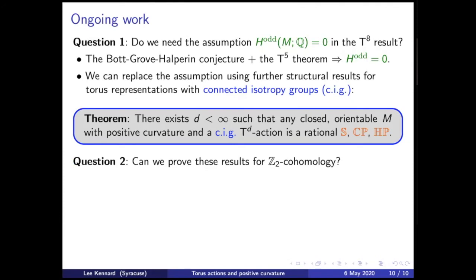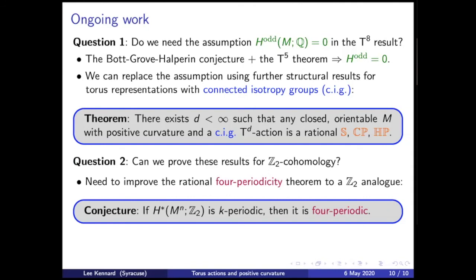So that's another result. The other question we're interested in, and this we're just stuck on, but I'll give you the background. It would be nice to prove more than just rational cohomology. One thing that seems plausible is to prove Z2 cohomology. So in all of these statements where we conclude that such and such is a rational cohomology so-and-so, we would like to say a Z2 cohomology.